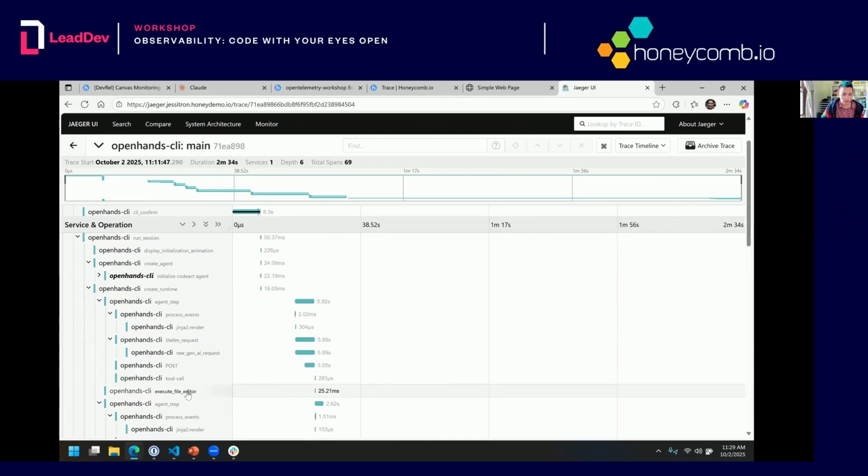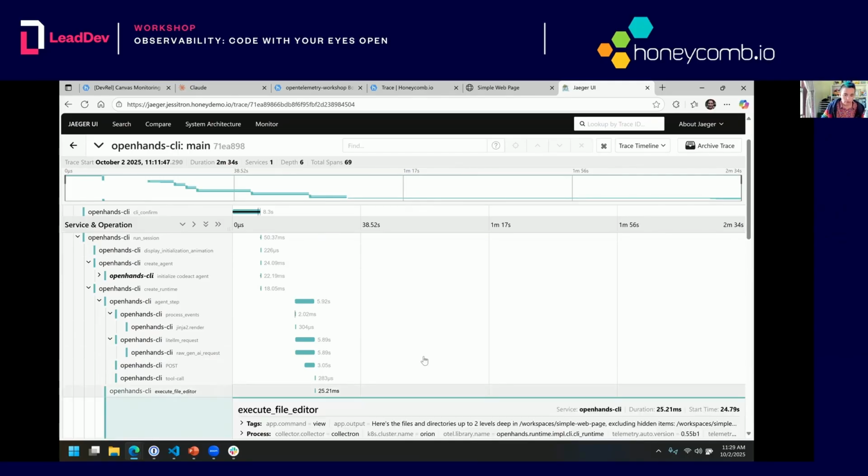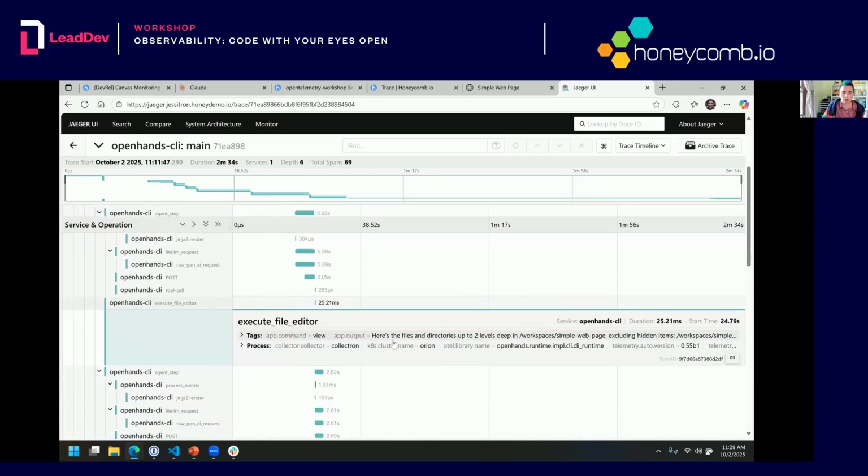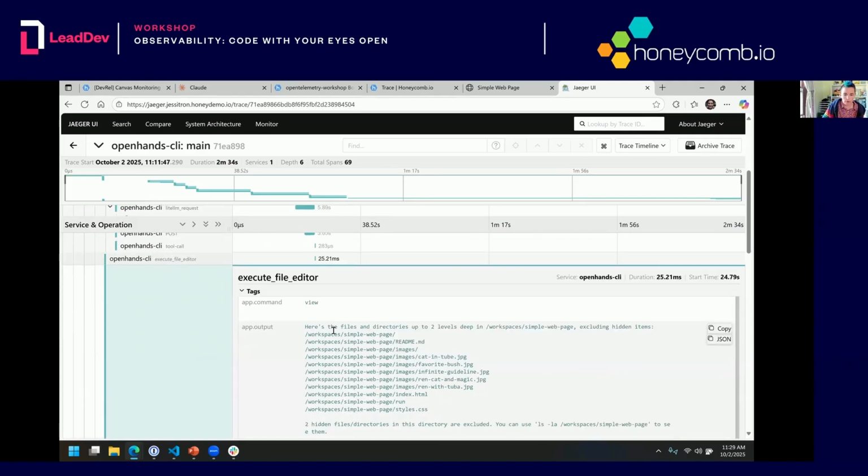And then there's some instrumentation that I created. We'll see some of that at the last bit, like execute file editor. This is actually going to read the files and directories. And I think we get the output. Here's the files and directories up to 2 levels deep. Okay, this is interesting because